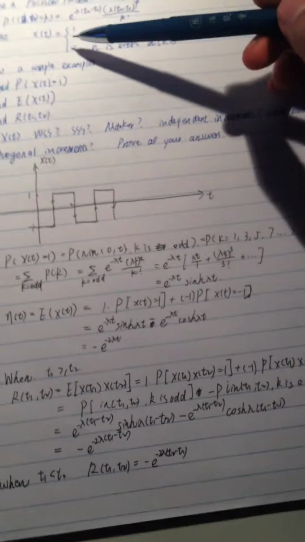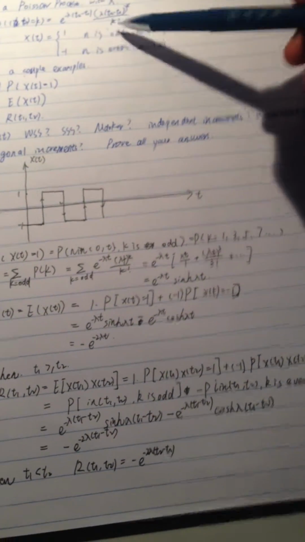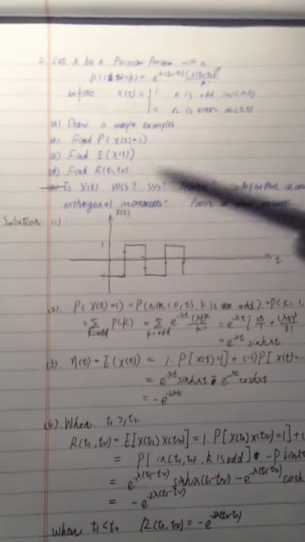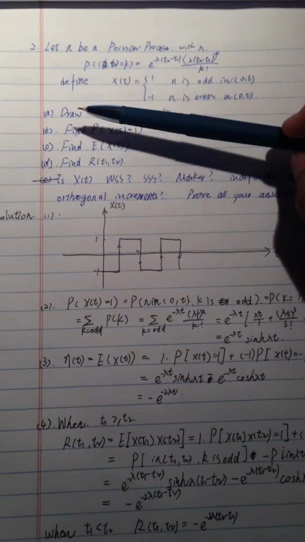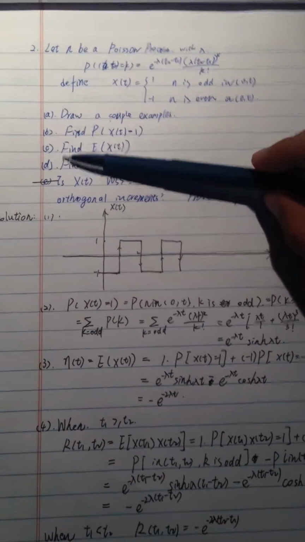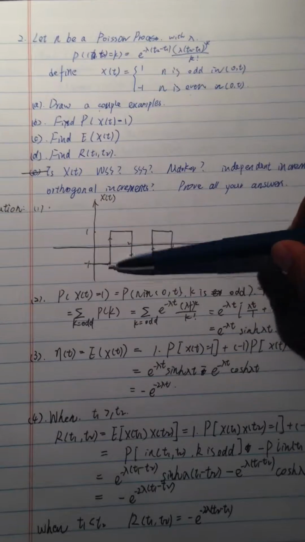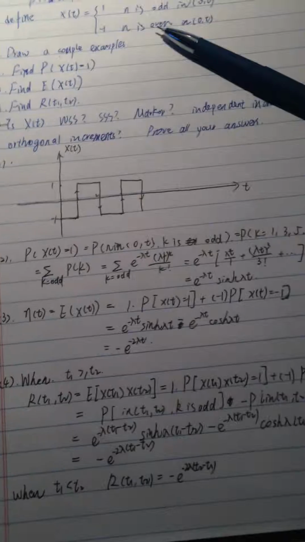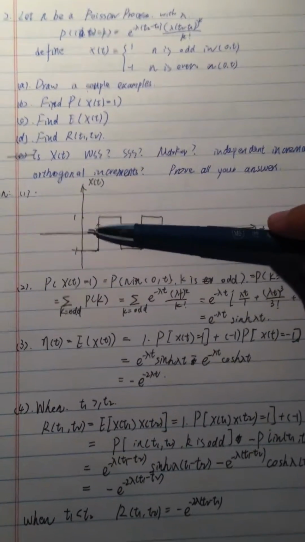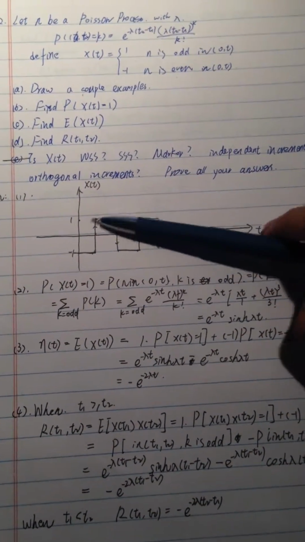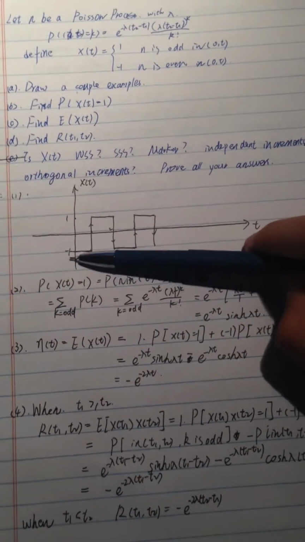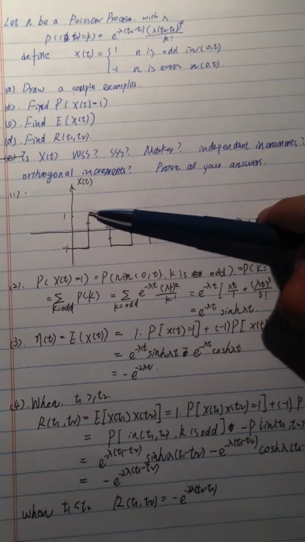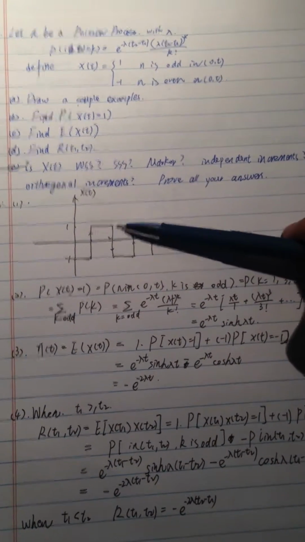And in that class, we had X(t) equal to 1 when k is even and -1 when it is odd. It's just a reversal. So it's also an easy question. For the first problem, we need to draw a couple of examples. First, we draw like this, because when t equals 0, that is even, so X must be -1. And when t equals 1, and N equals 1, X equals